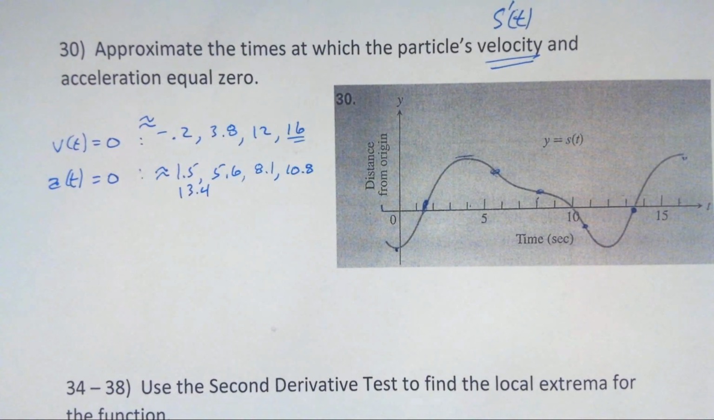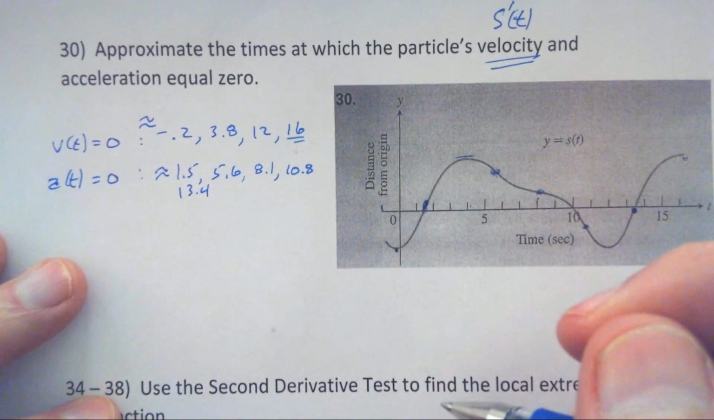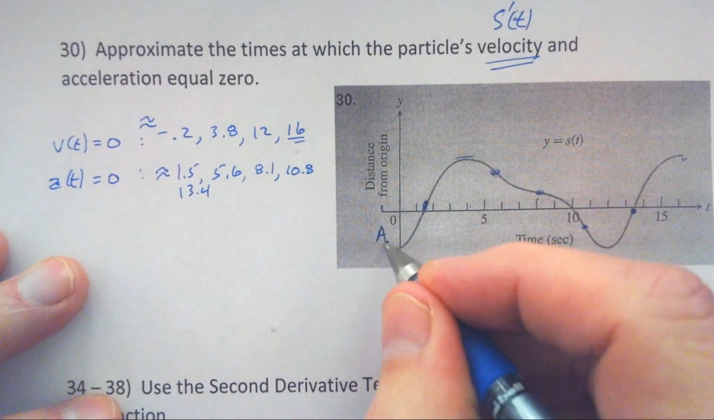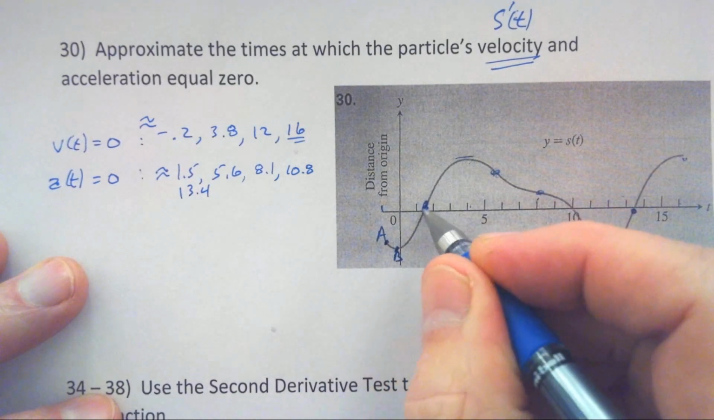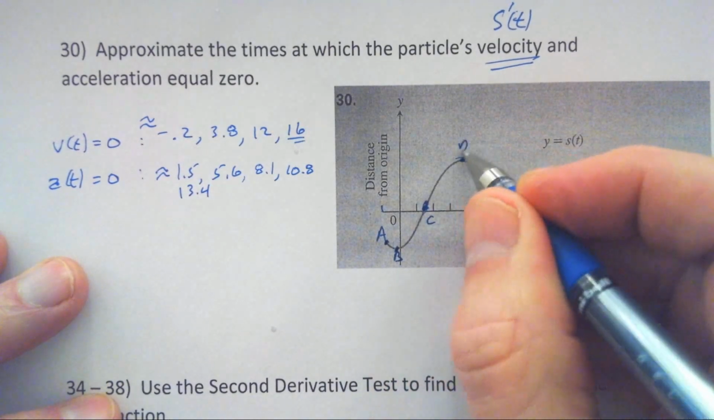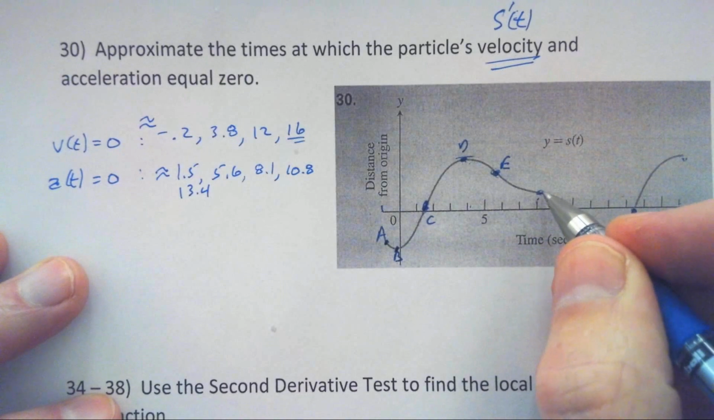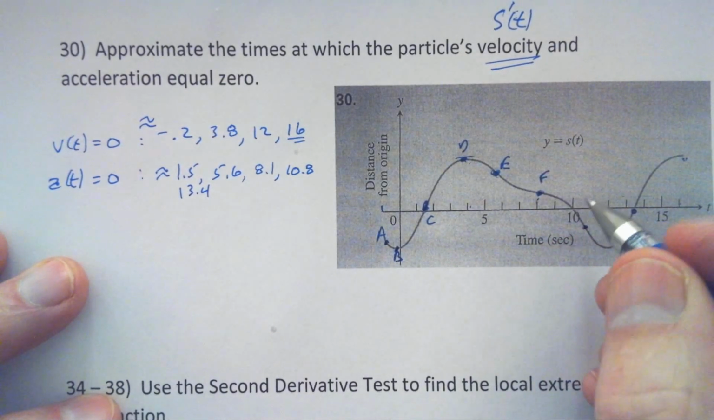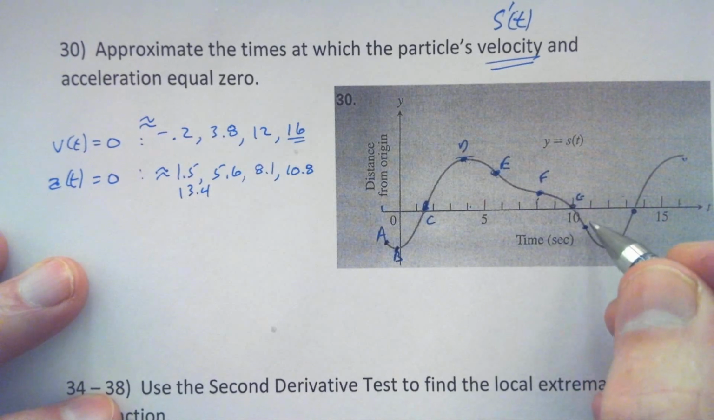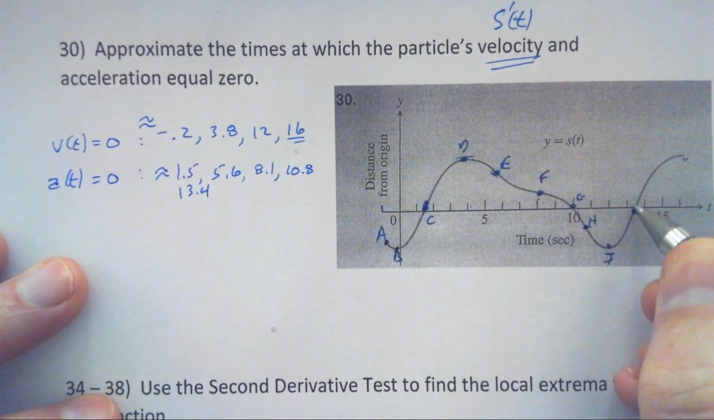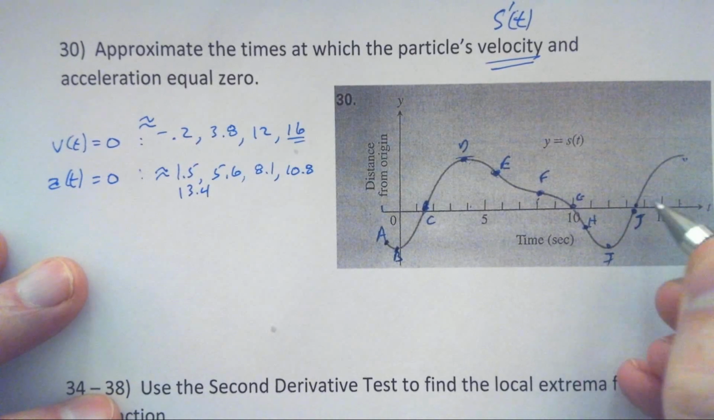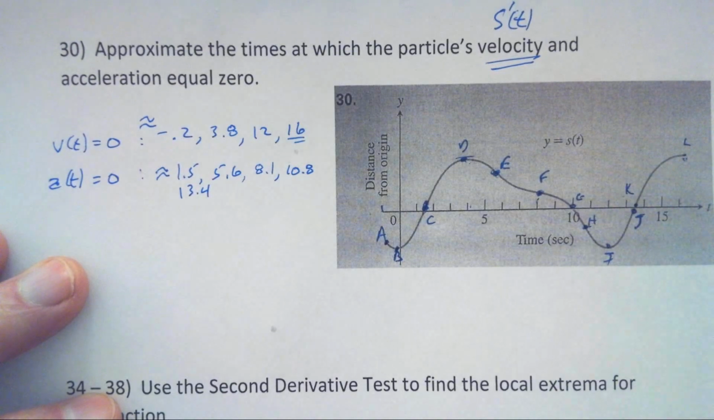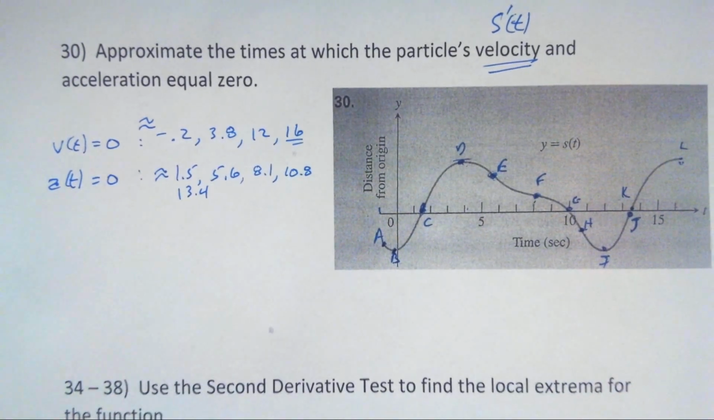A good question was asked in class today about this. What the AP test might do is they might have a point A right here, a point B right here, a point C right here, a point D here, a point E here, a point F here, a point G at this zero, H, I at this inflection point, J at this zero, K at this end point, L, something like that. And they may ask questions about at which points